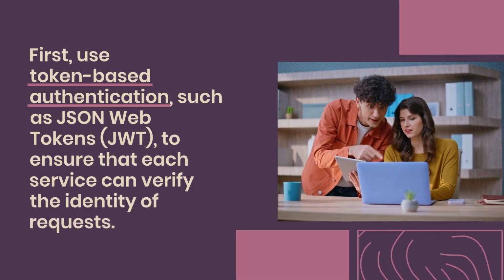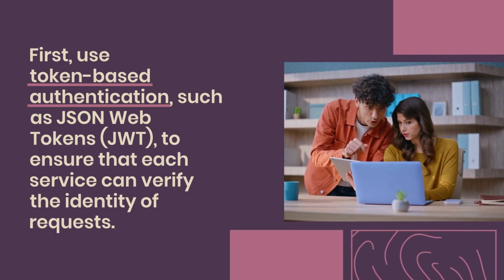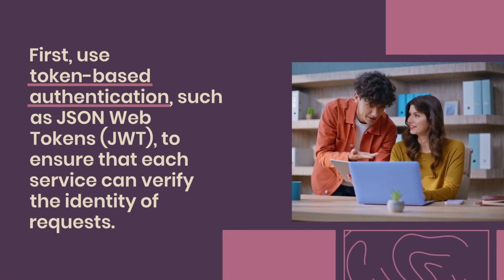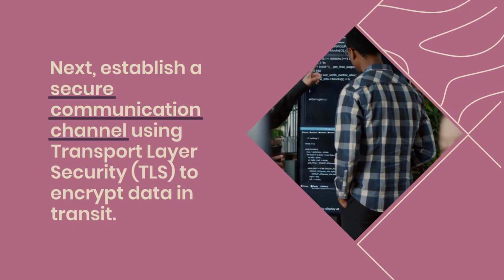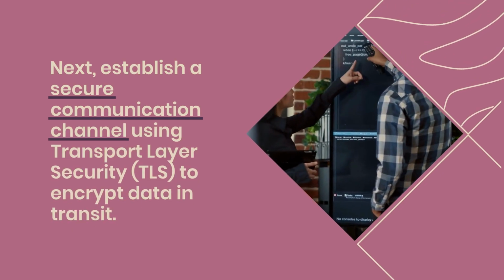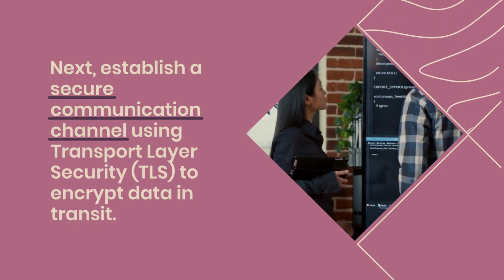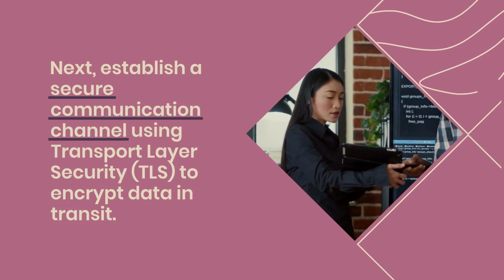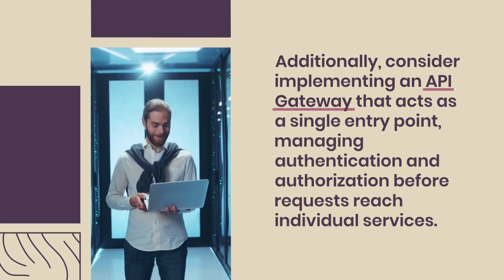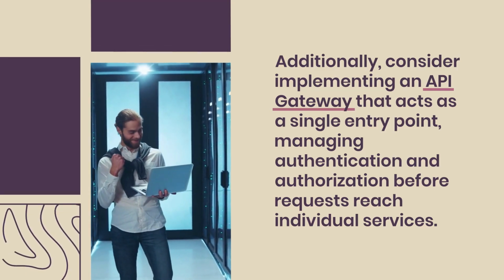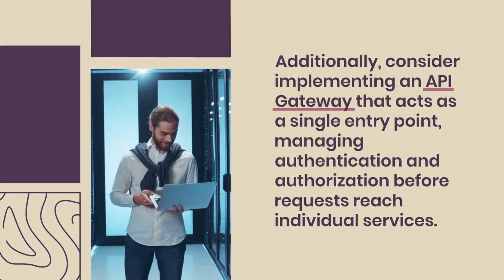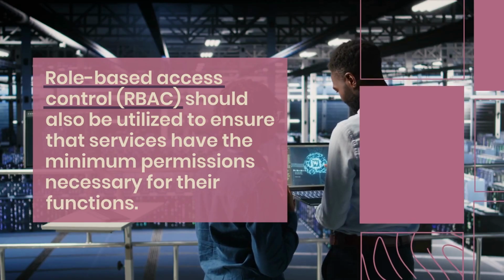First, use token-based authentication, such as JSON Web Tokens, JWT, to ensure that each service can verify the identity of requests. Next, establish a secure communication channel using Transport Layer Security, TLS, to encrypt data in transit. Additionally, consider implementing an API gateway that acts as a single entry point, managing authentication and authorization before requests reach individual services. Role-based access control,